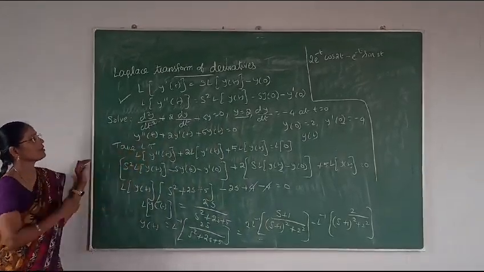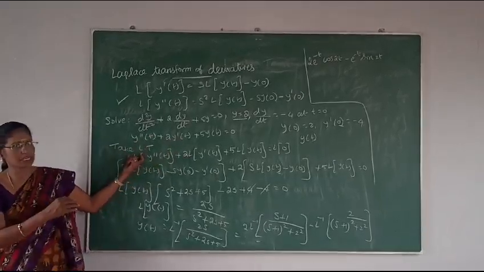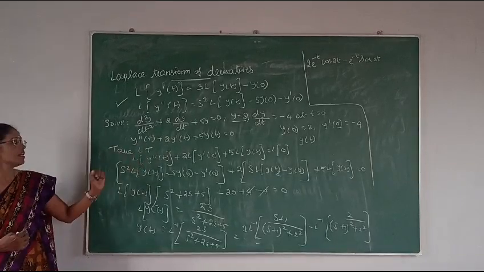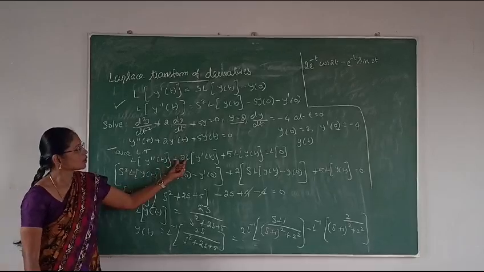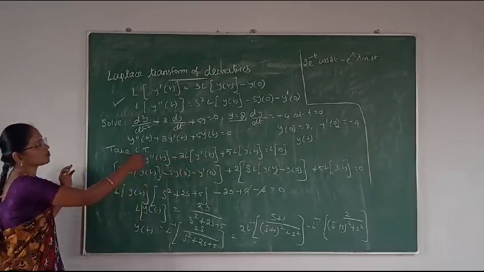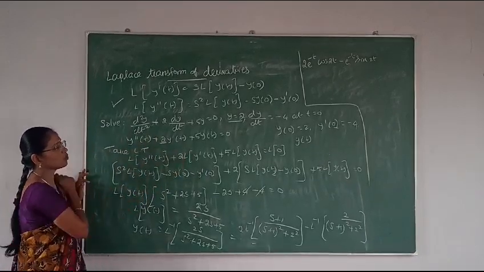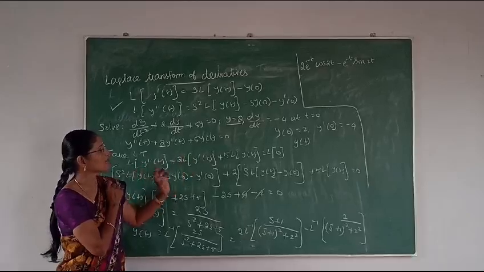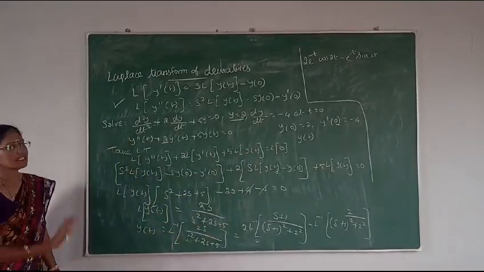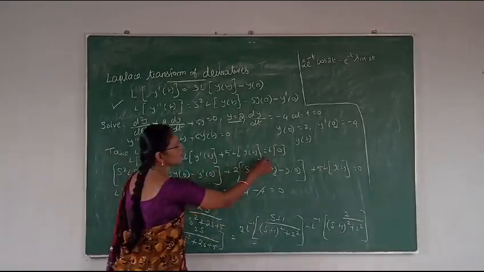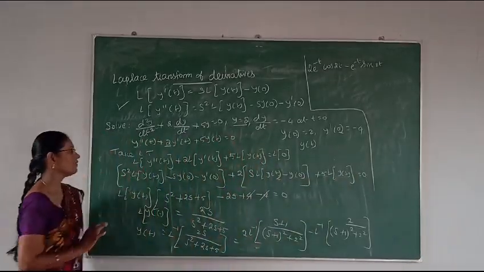Now the first step is to take the Laplace transform on both sides. After that, to eliminate the Laplace transform, you have to take the inverse. So now Laplace transform: L of y double dash of t plus 2 into L of y dash of t. This 2 is constant. By applying the linearity property, we can take the 2 outside. So L of y dash of t plus, again, 5 is constant, L of y of t equal to, on the right hand side, L of 0. We don't have any formula for L of 0. The transform is 0. So on the right side we have 0 in total.